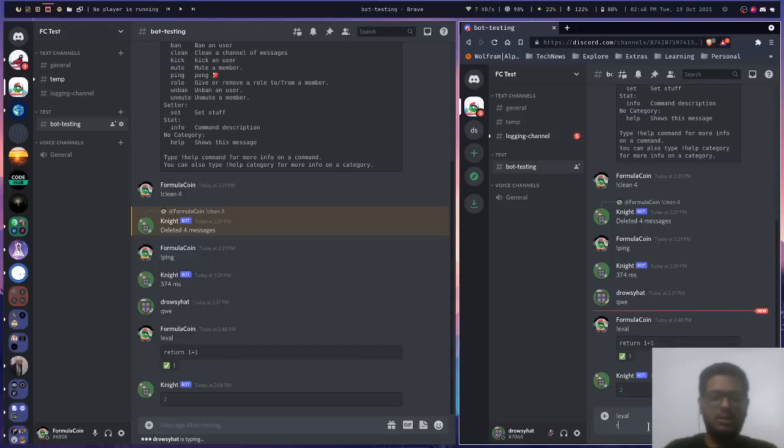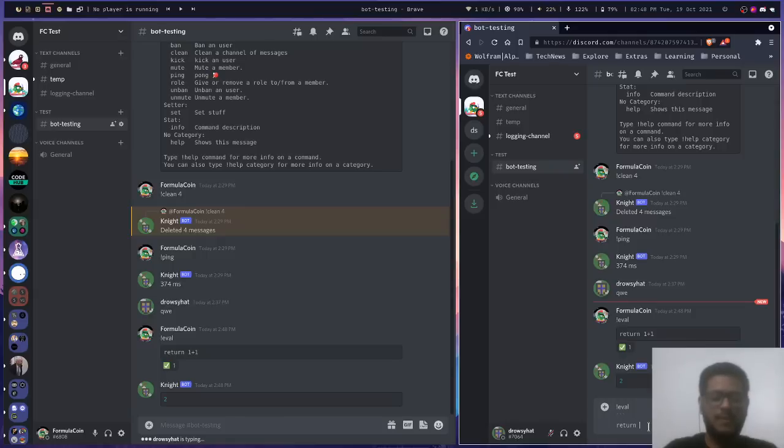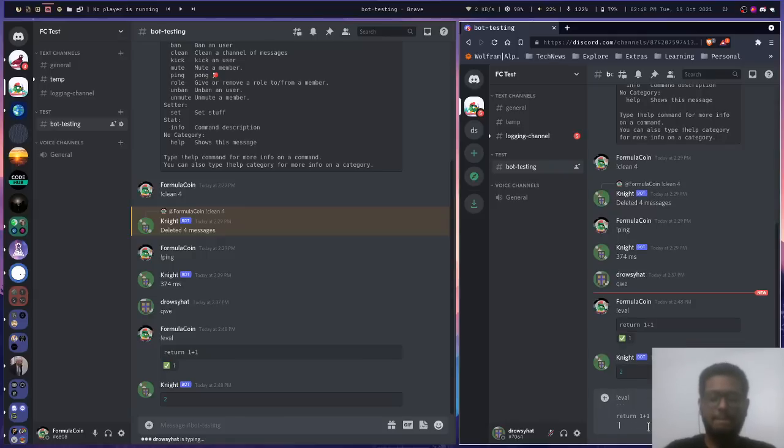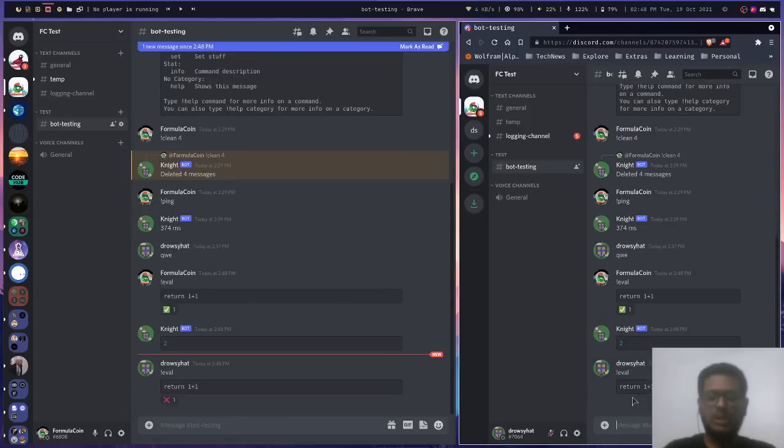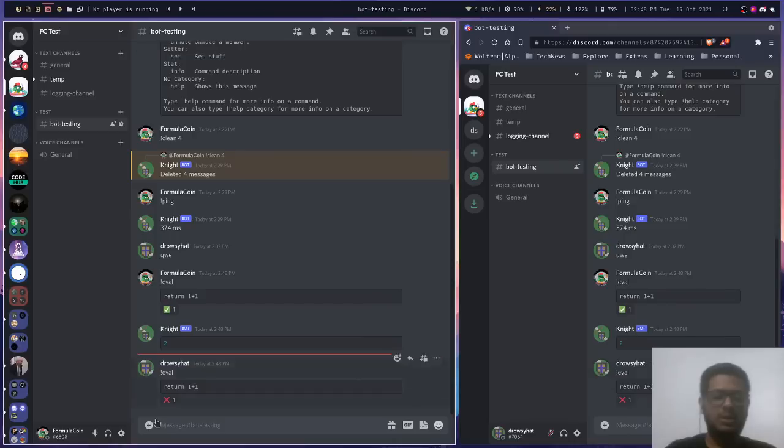So if I run this piece of code, it won't execute. As you can see, it is a cross mark, meaning you do not have the permission to run this command. So only developers can run this. This is a very useful command to test small snippets of code and check certain things while developing the bot.